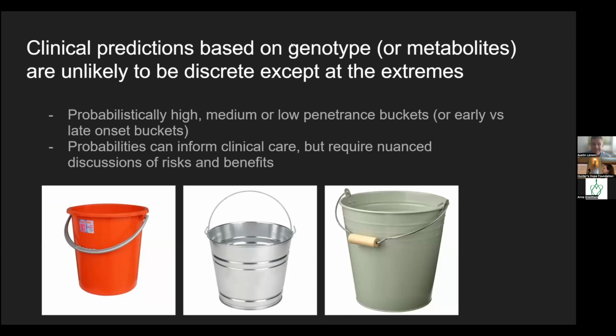So CTX is a complex disease. We know that it's multifactorial in some ways, and it's variable. It's noisy in terms of what the clinical outcomes are. So clinical predictions based on genotype or specific metabolic profiles are unlikely to be discrete. It's going to be a spectrum, but we may get to the point where we can say in a probabilistic way that we expect someone to fall into a high penetrance or low penetrance bucket, or maybe an early onset versus late onset bucket. And those probabilities can inform clinical care, but they're going to require nuanced discussions of risks